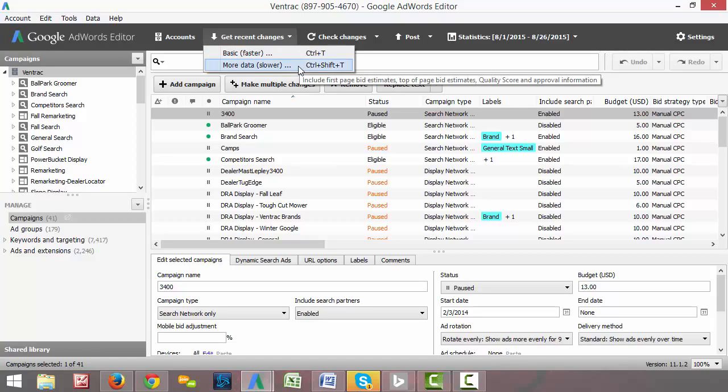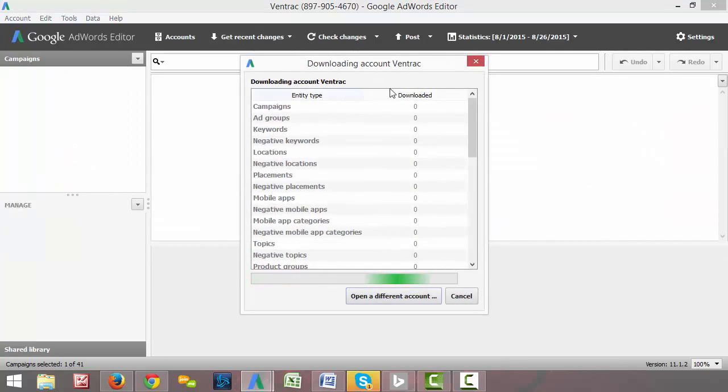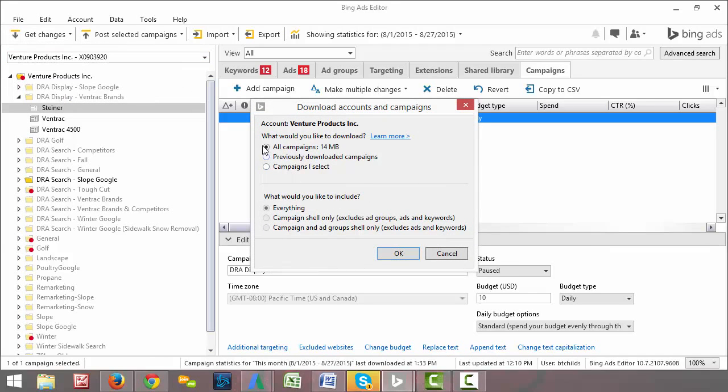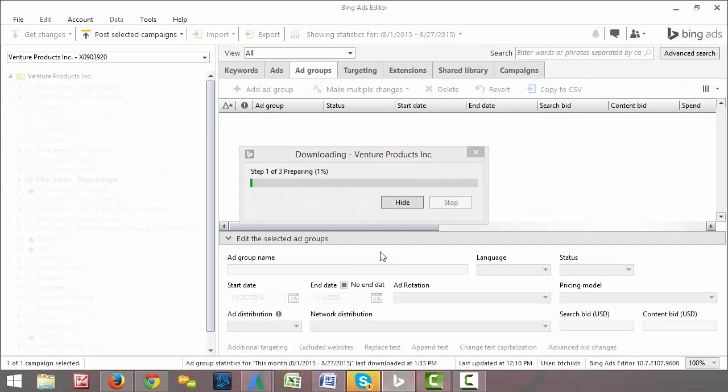It includes more information than the basic, faster one does. And select all campaigns, and it'll go ahead and download all of your information from however long it's been since you've last been in here. Now, Bing Ads Editor, exact same thing. You'll see that they have a drop-down box called Get Changes. Exact same thing. They have a faster one and a slower one. I always select the slower one, select all campaigns, and it'll start downloading all the information